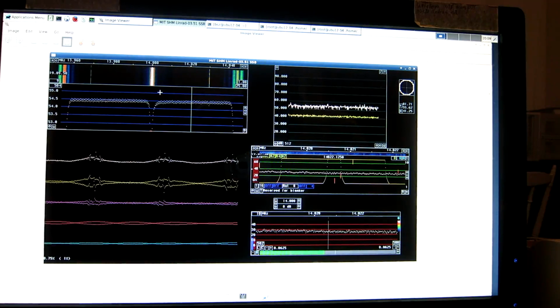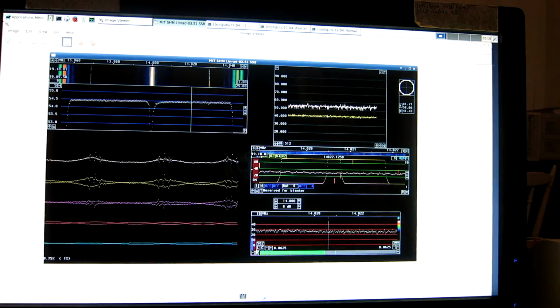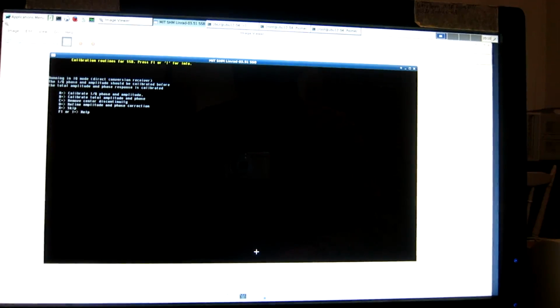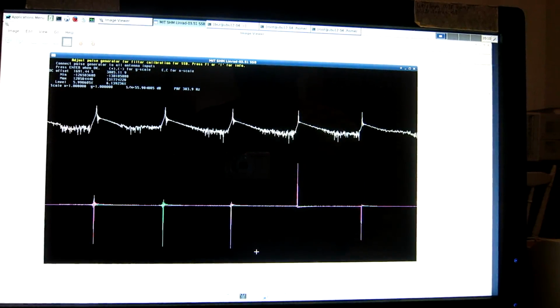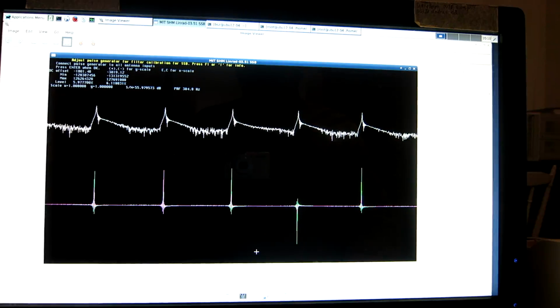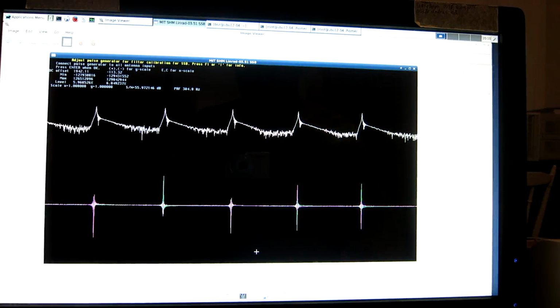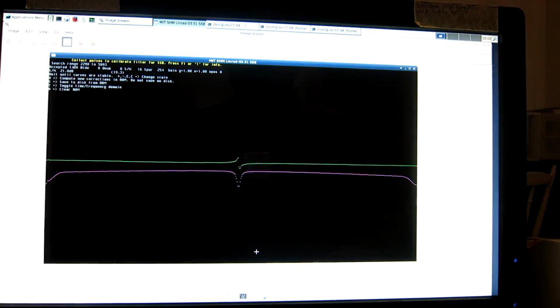I will now do calibration with the signal from the proper pulse generator. That is X and calibrate and B, and then I take the signal as it is first, that is enter, and clear the RAM memory from the old, that is A. So now it is the uncalibrated